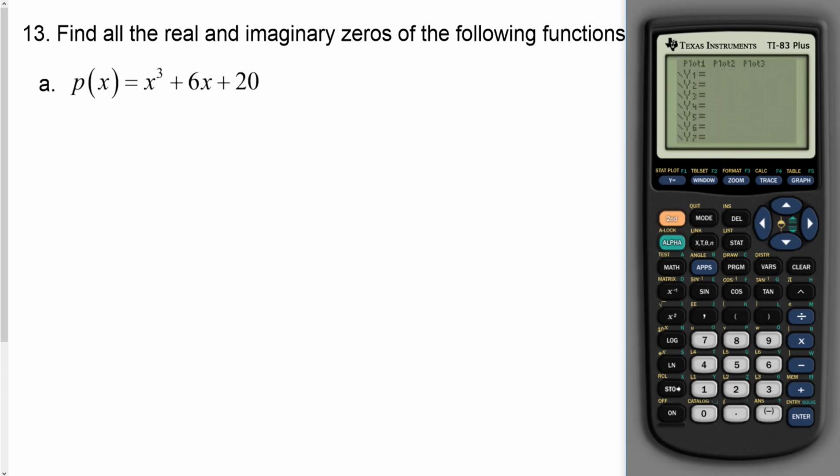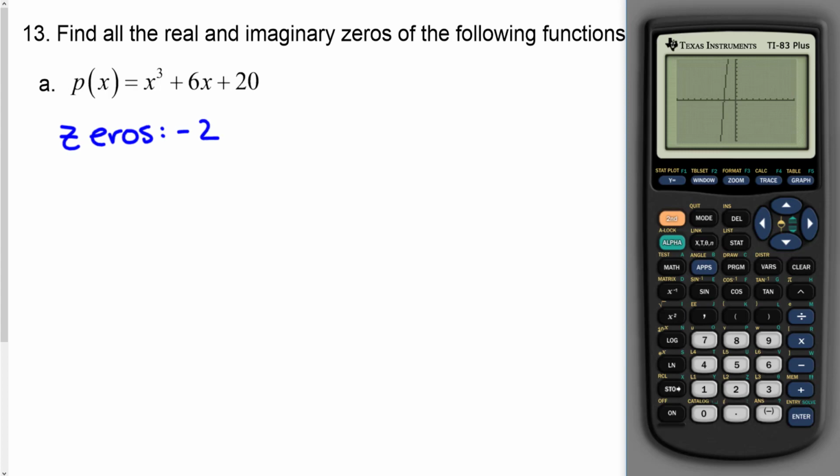So I'll graph x cubed plus 6x plus 20. And I'm just going to graph it in the standard viewing window. And even though I'm expecting 3 zeros, and I need to solve for 3 in the end because it's degree 3, I'm only seeing 1 here. But that's okay. That's enough to get us started. It looks pretty clearly at -2. So the zeros that I have so far